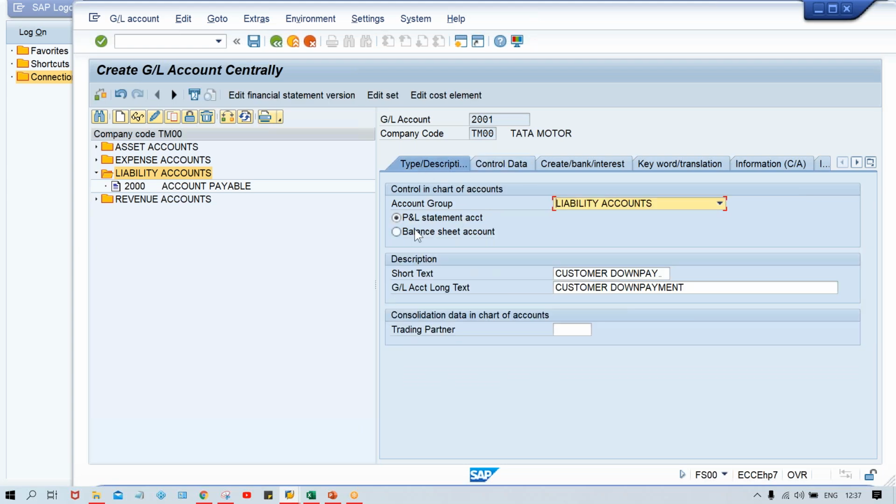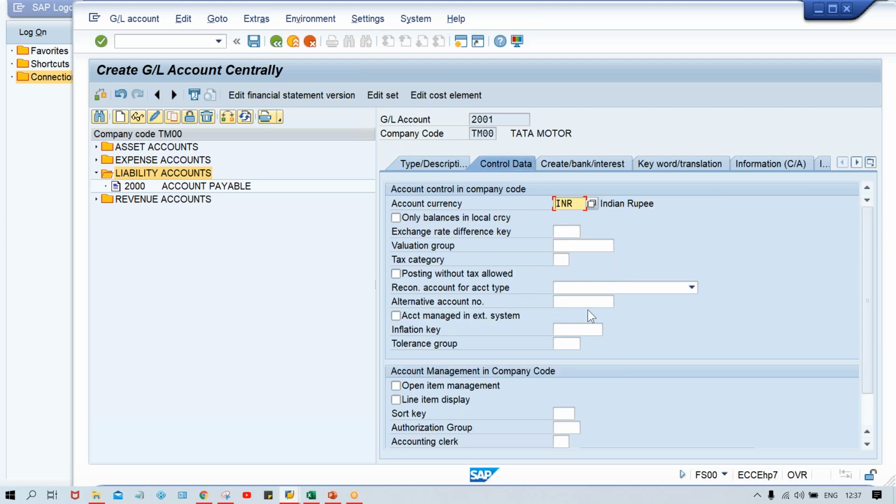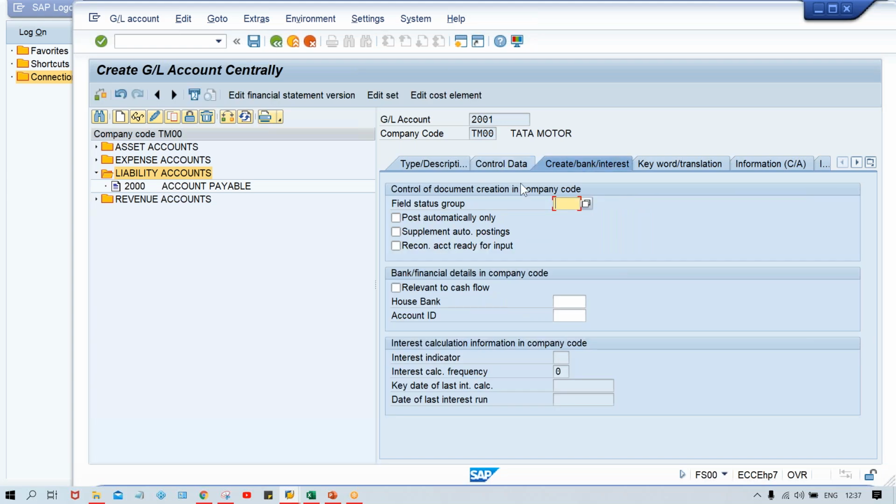Click on back button, select balance sheet account. This is going to be set up against here. This is your reconciliation account. You have to select customer. If you don't select this reconciliation account, then this is going to be treated as a normal GL account, guys. So you have to select this reconciliation, and here you need to give